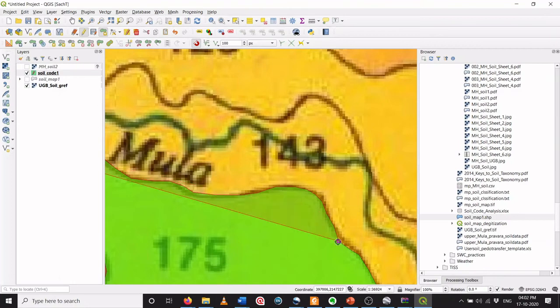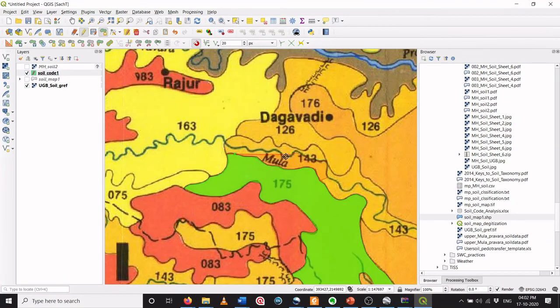Okay, so let's assume that here the polygon is ending, but still it doesn't allow me to click anywhere over here. I have to click here only. It doesn't allow me to click in between, so I can reduce the snapping distance to, let's say, 20. Then only it will allow me to click over here. Let's see that. Let's assume that this is the only component I want to digitize. And we have finished this digitization like this.